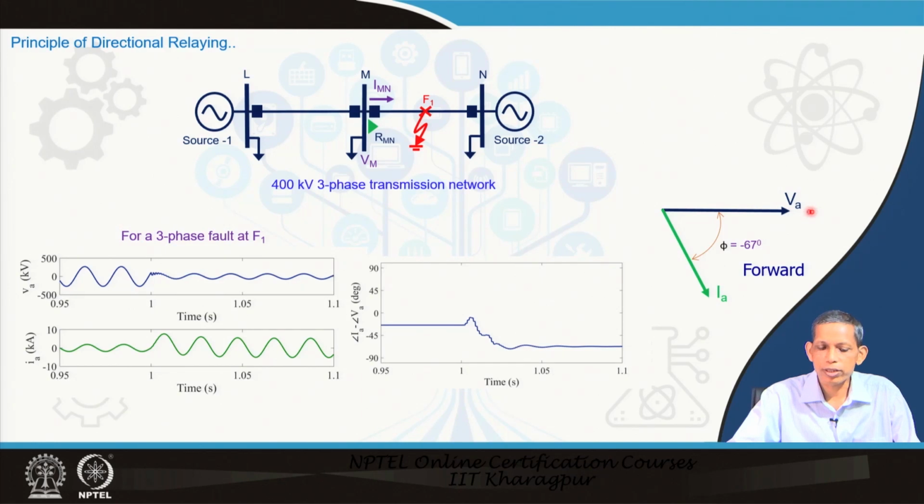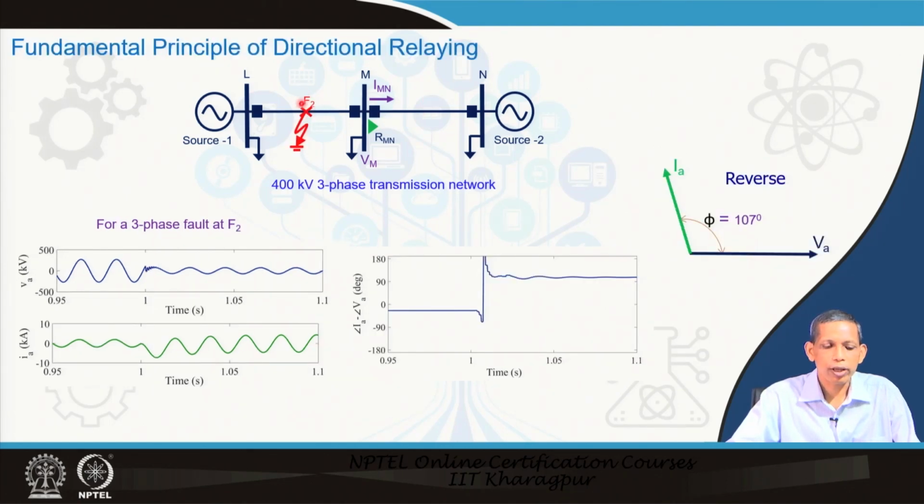So, with VA as a reference at bus M, the current here lags for this F1 fault. If you see the corresponding current obtained, you can say it is 67 degrees. So, angle of IA minus angle of VA comes out to be minus 67 degrees, that is the phi angle. Now, when you go to the F2 fault for the same 400 kV system, the fault now